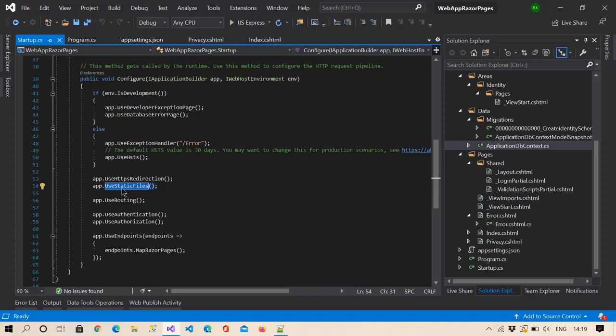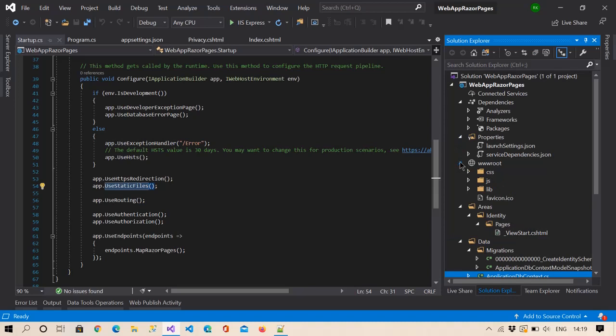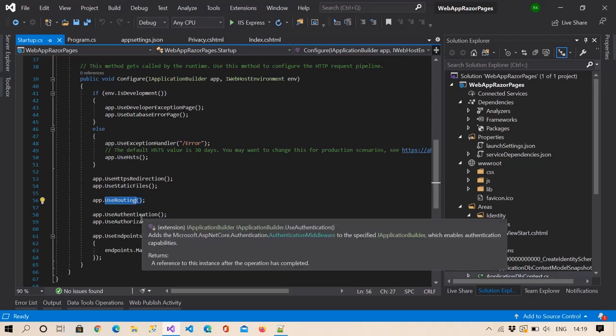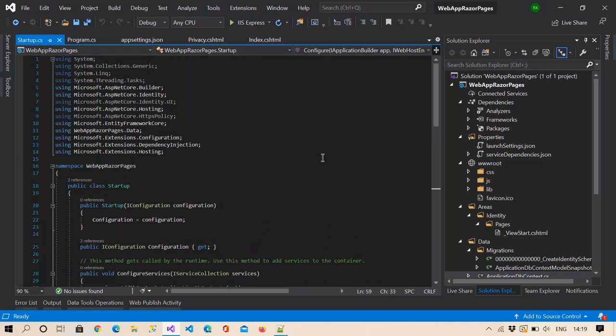and this section indicates that we are going to use the wwwroot folder in this project, basically for keeping all static files, images or whatever it is. All the static content will be in the wwwroot folder. And here we are saying we are going to use the routing in this project, and we are also going to use the authentication service here, and the authorization service. Okay, so let's move to the next section now. Let's run this project, so we can understand all this working better.